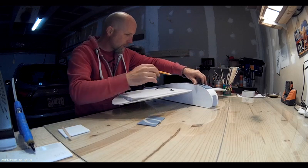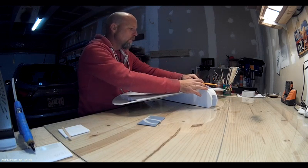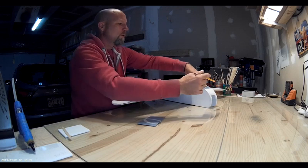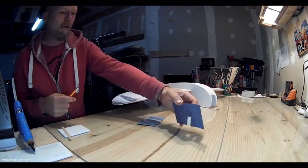I don't want to overlap my epoxy past it. I don't want to get too little and then put it on and decide I have to take it off because I need more or anything like that. So again, on the front, line it up with the front of the slot, put it on there, and give it a mark. Now the first thing I want to do before I actually apply any epoxy or anything like that